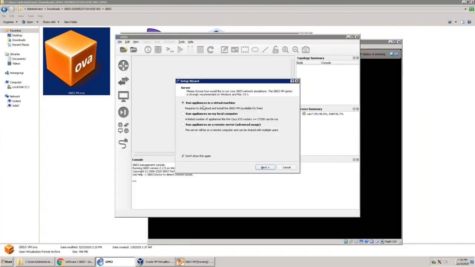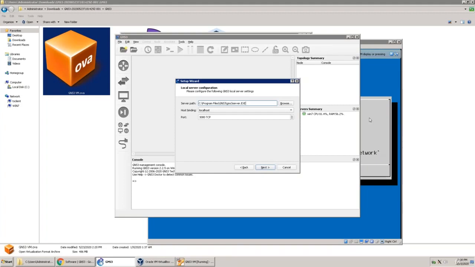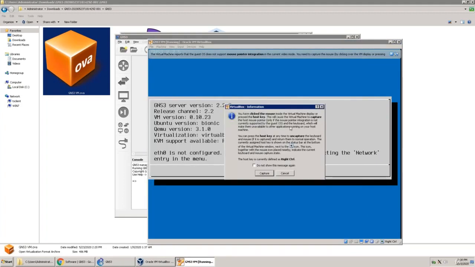Do not show me this again. Here you can see run application in a virtual machine, then run application on my local computer and the server. In our case, that is the virtual machine that is running behind. Here you can see in the back. So do not show this again, and